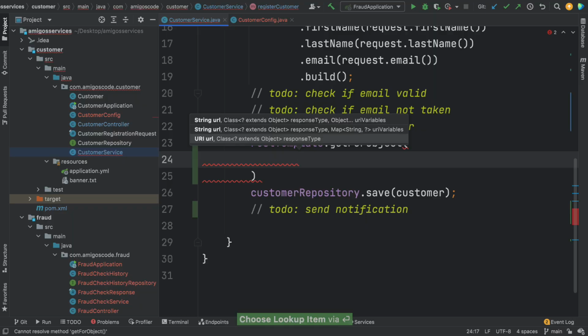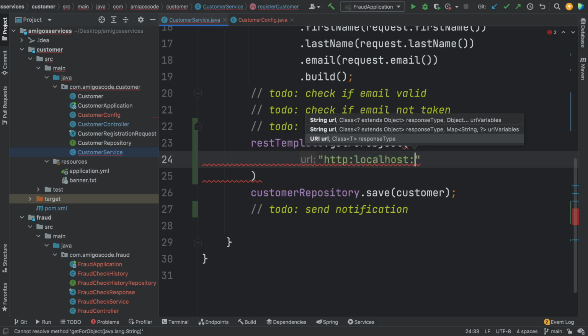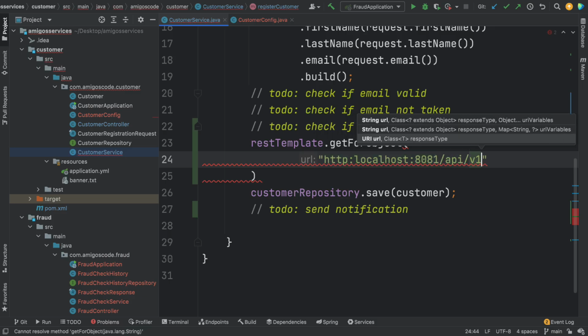So one is the URL, so this will be http://localhost: and then the port which the fraud microservice is running is 8081, and then /api/v1/ and if you don't remember,